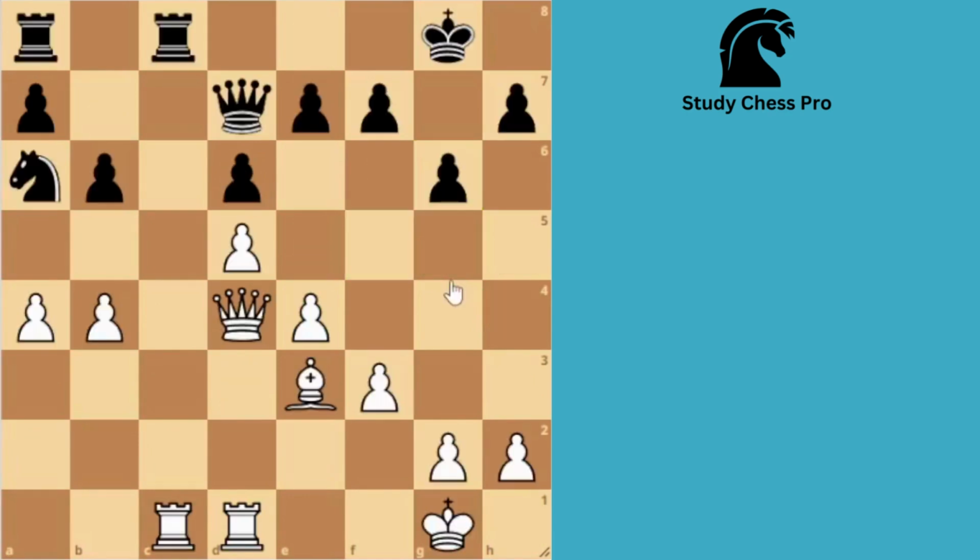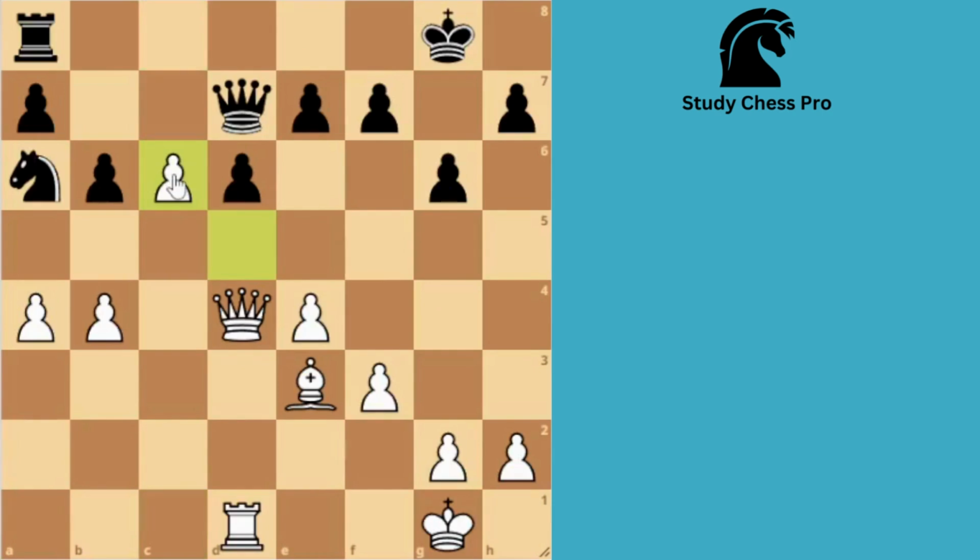We are white in this position. How should white play? Right now there is one open file, but no one is controlling this open file. White has a very nice tactic that will give us the control of the open file. White can play a move like rook c6, and black cannot take our rook because after that we can play